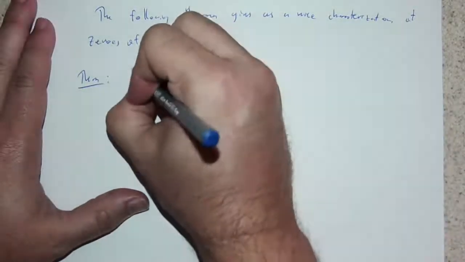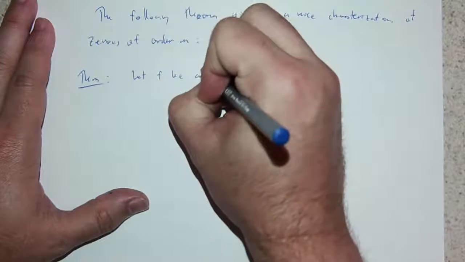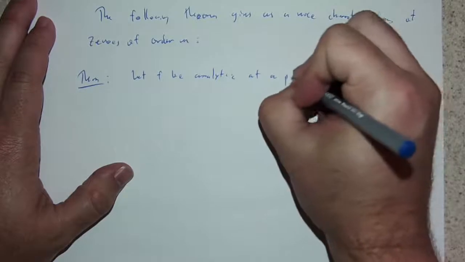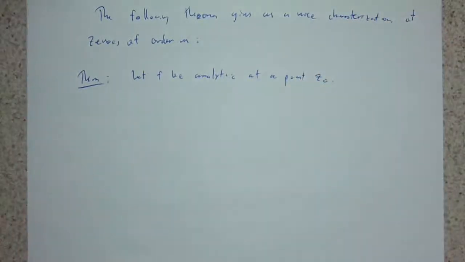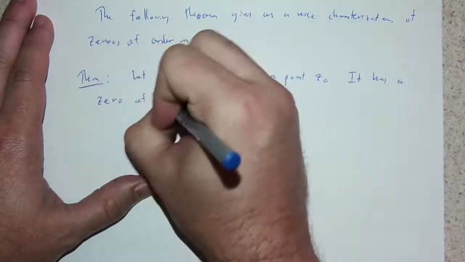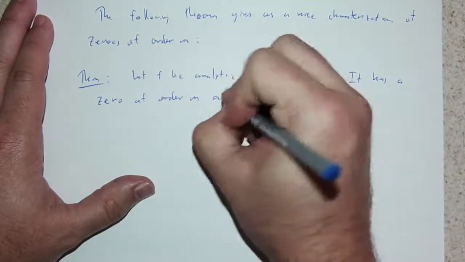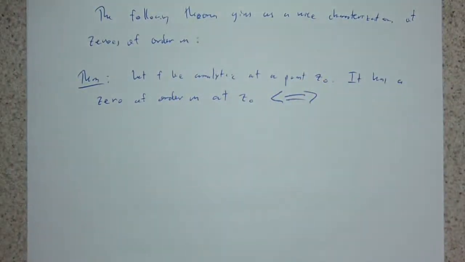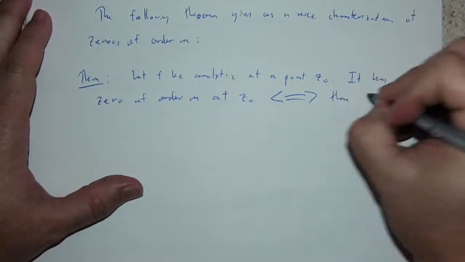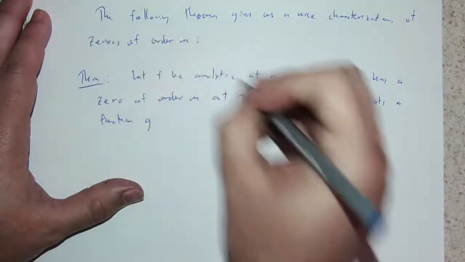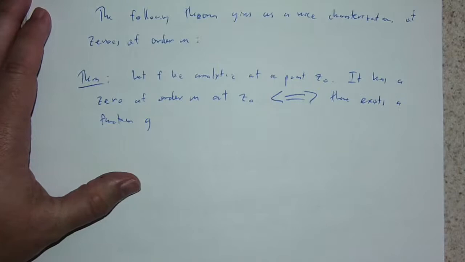So let f be analytic at a point z naught. It has a zero of order m at z naught if and only if there exists a function g which is analytic and non-zero at z naught,